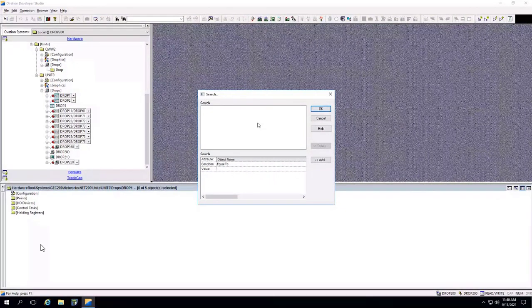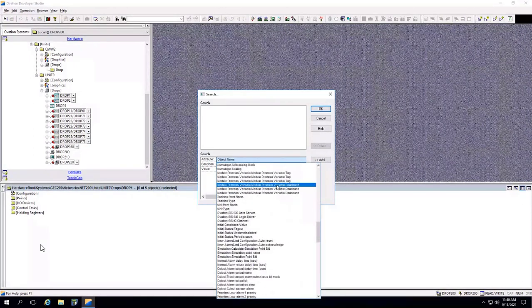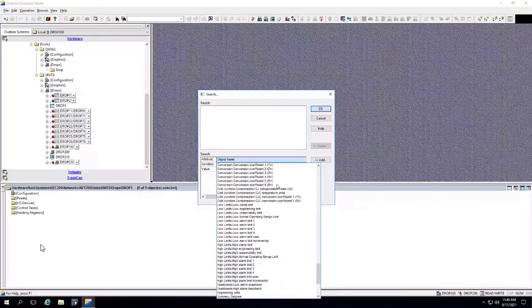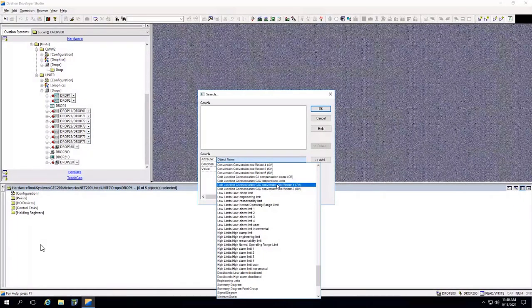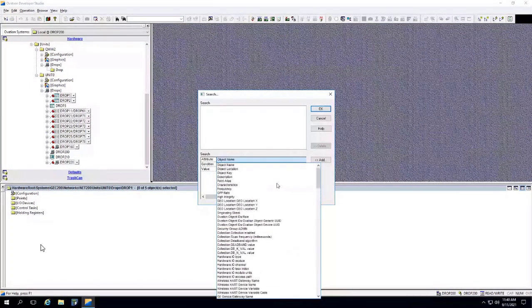In this new window at the bottom, you need to add some other filters where you can see the object name. You need to click over here, and these are the filters which you can see in the drop down menu. Give me a yes if you can see this drop down menu filters. Yeah, we can see the drop down list now.